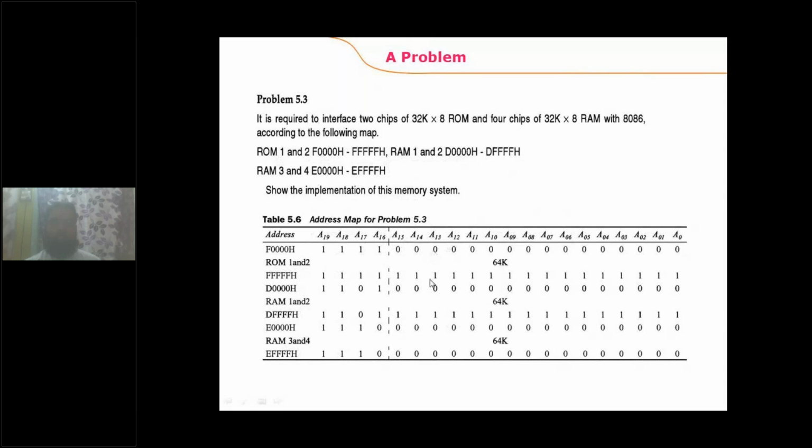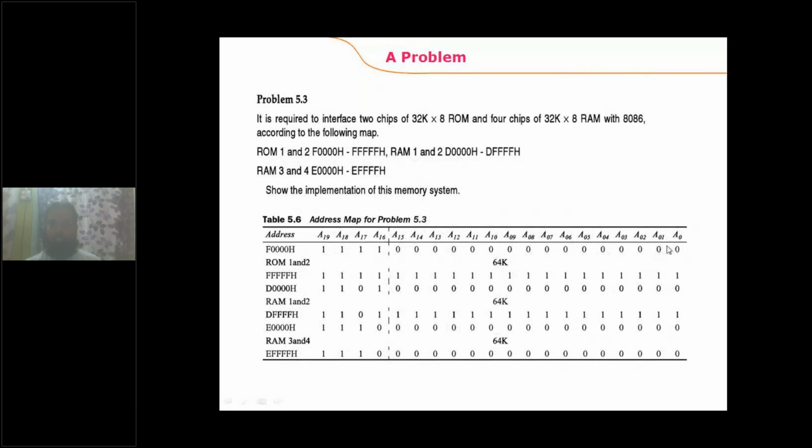One side should consist of the address lines which are to be used to access the ROM pair and RAM pair, and the other side should consist of the remaining address signals. Totally 16 address lines are required to access the ROM pair and RAM pair, so A0 to A15, 16 address lines. This is acting as one part, and the remaining address lines are acting as another part. Actually, the address lines which are connected as address inputs to the ROM or RAM chips are one less than the number of address lines available on that side.